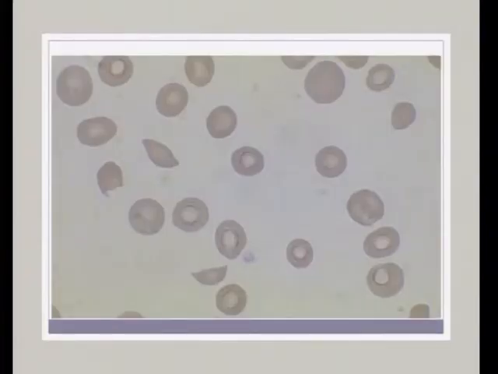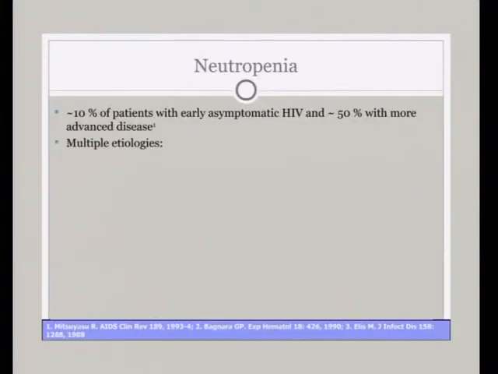And this is what the blood film looks like with lots of red cell fragmentation in a patient with TTP. And DIC would look similar because red cell fragmentation is part of that group of disorders. In terms of neutropenia, 10% of patients that are in the early asymptomatic and symptomatic phase will have neutropenia, 50%